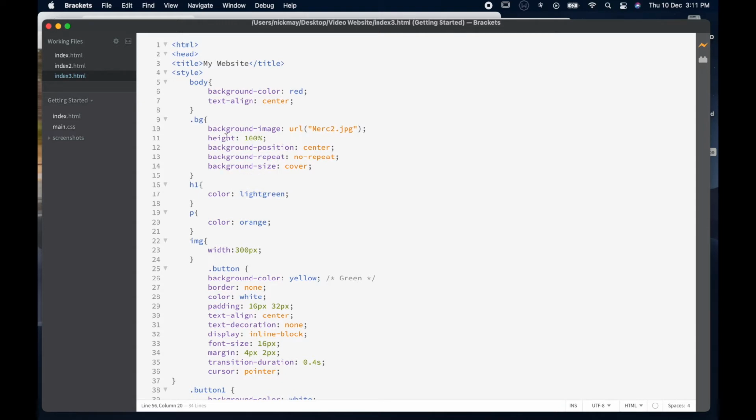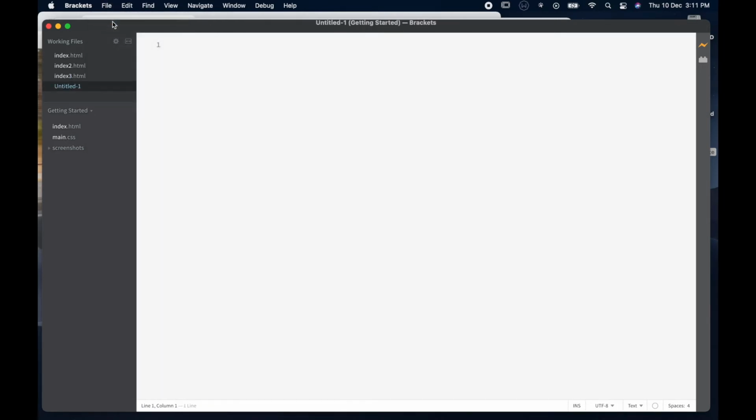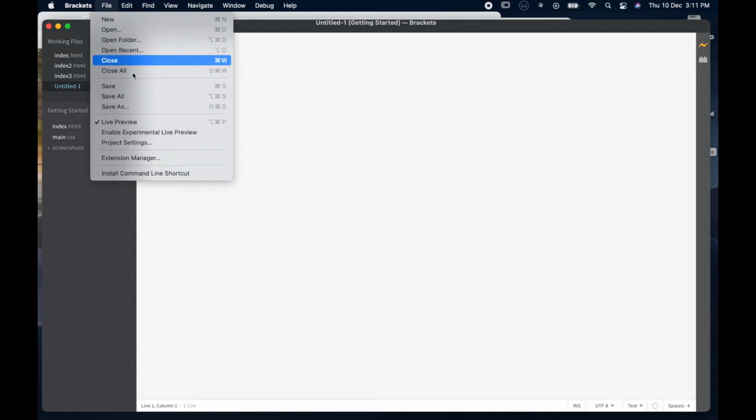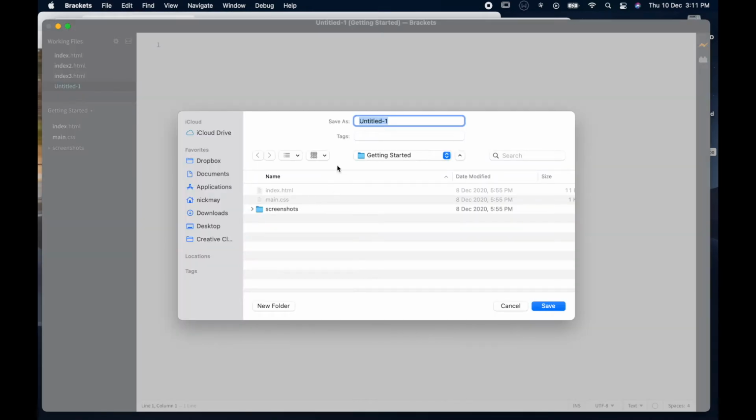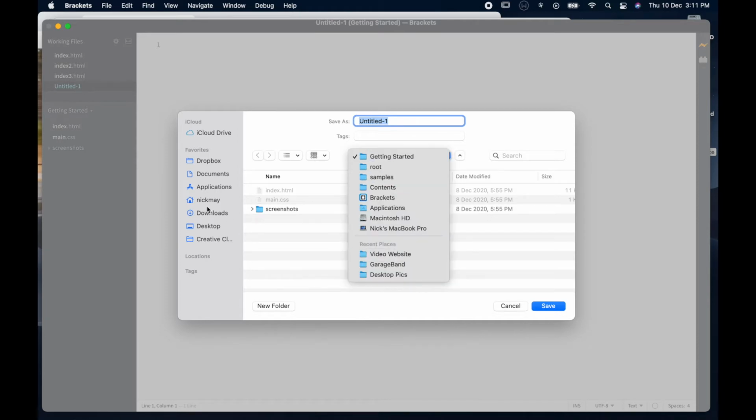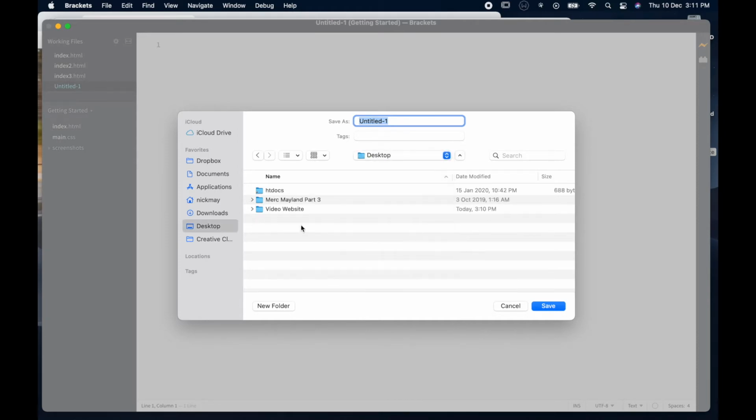We want to introduce a thing called a cascading style sheet, which is essentially one style that is consistent across all of the websites, okay? To do that, we're going to create a new file. So we're just going to say File, New, in Brackets. And then we're going to say File, Save As. We're going to save this file onto our desktop, into our Video Website folder, and I'm going to call this file